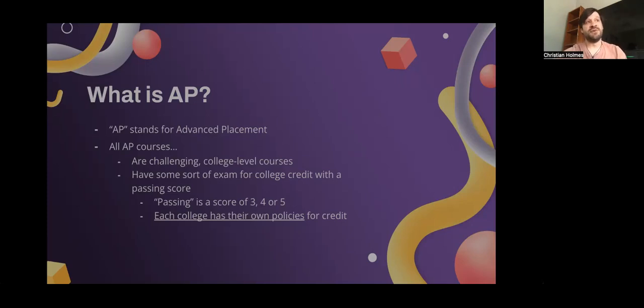Maybe for 5s, you get out of 8 college credits worth of classes, whereas a 3 you would maybe get credit for a 4 level class. And maybe it's not even, for example, you get a 4 on the intro to biology. Maybe that gets you the 101 version of biology, but a 3 doesn't get you the 101 in biology, but it does get you credit. It gets you credit as a general science. So it depends on the course, and you really should dig through that tool to get some idea of what scores will get you what credits.